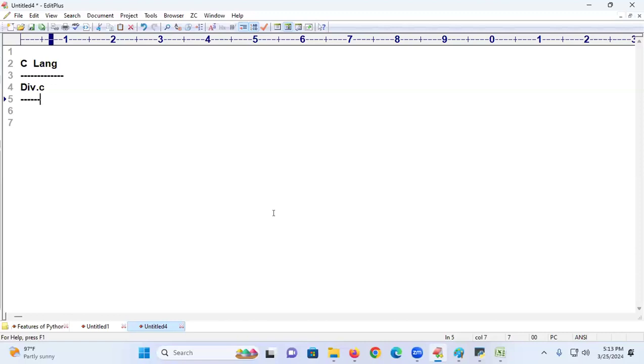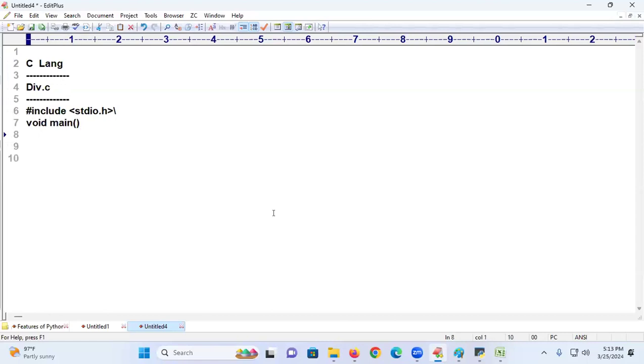div.c, especially CSC students, you take it. There you are writing division of two numbers. Actually, people will feel it is dead easy. Now what will you do immediately? Hash include stdio.h you will write, and conio.h, or something else. You beautified it and wrote it. Void main you will write, or main you will write. Open the brace. Int a, b, c you will write.